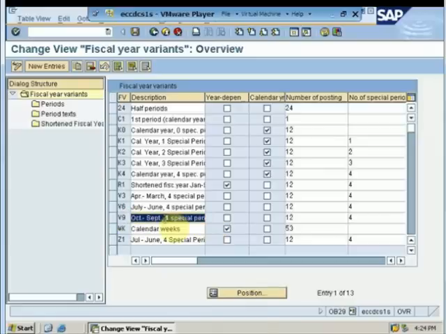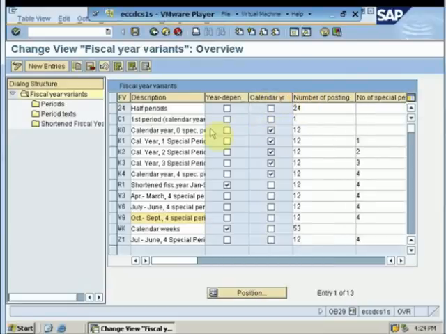history. Now, within year dependent fiscal year, we have two different types of fiscal year: a calendar year or a non-calendar year. A calendar year fiscal year means that the start would be from January and it will end in December. A non-calendar fiscal year could be either July to June, or April to March, October to September, depending on the legal requirement of the company.